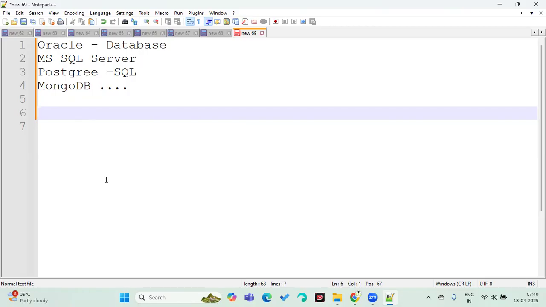Next, whenever we say database, they want to search for the data, update the data, and delete the data. So they need an application or software.